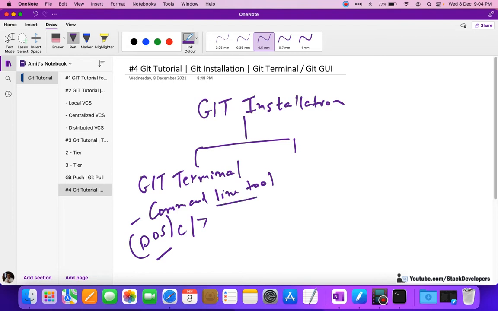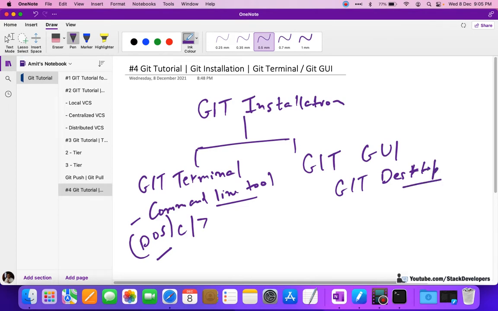Git terminal uses the command line tool, and there is one more, which is the Git GUI, graphical user interface. GUI means graphical user interface. There are many softwares available, like GitHub Desktop is one of them, in which you get a panel with buttons, and you can simply use those buttons.